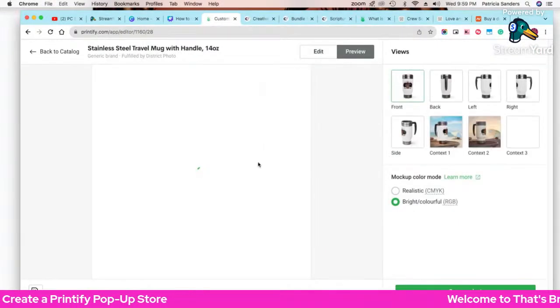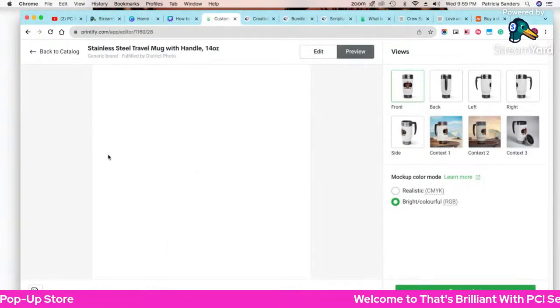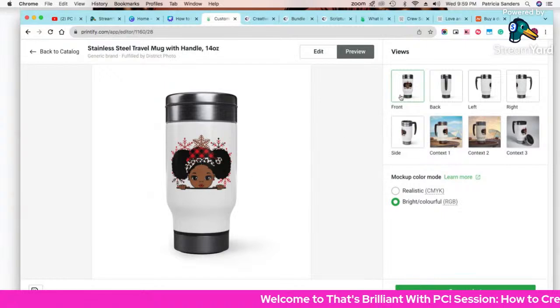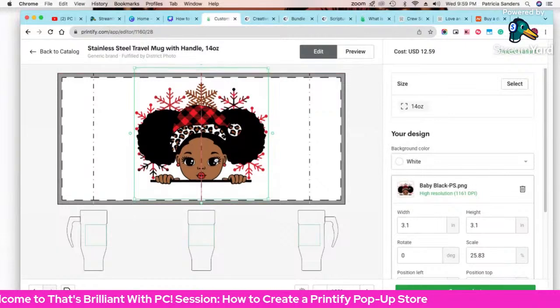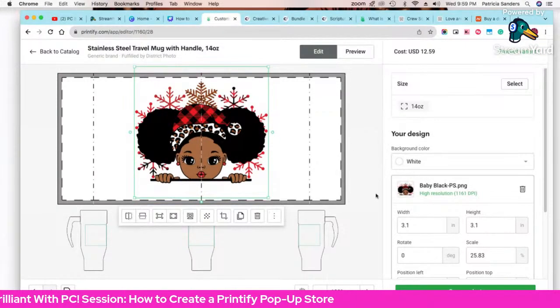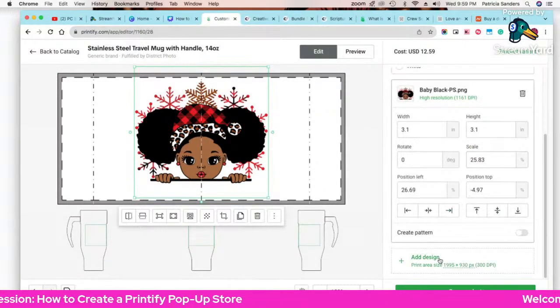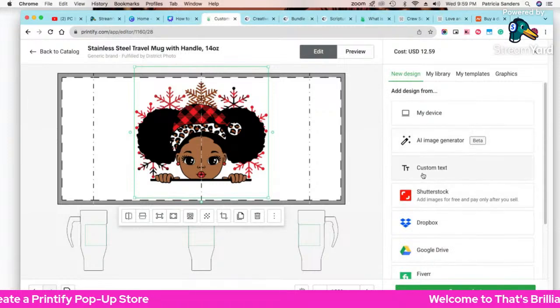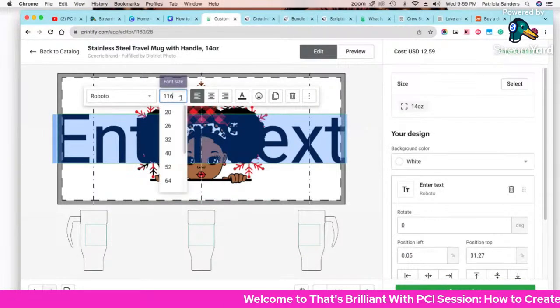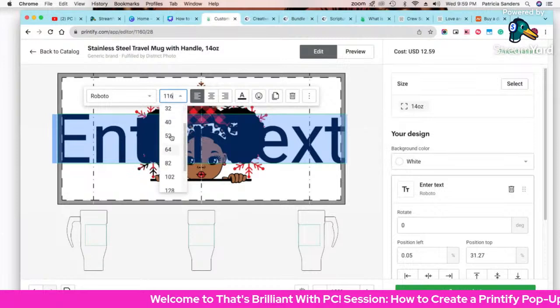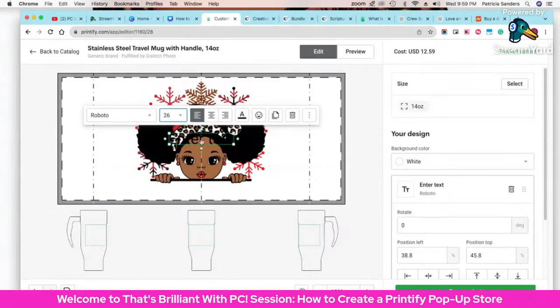Now, I purchased that image. I purchased this one, but for something like this, maybe this is for a mom and this is their baby girl. Hit add a design. Customize it. So I would say,